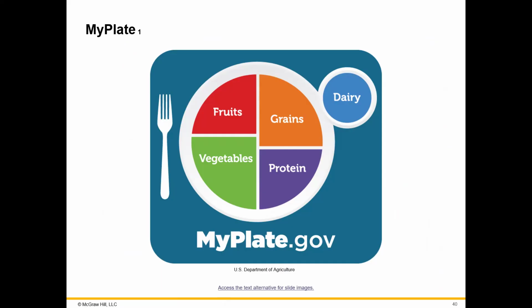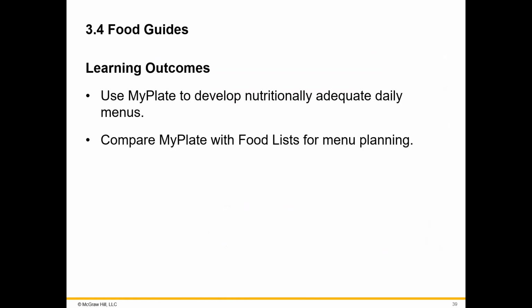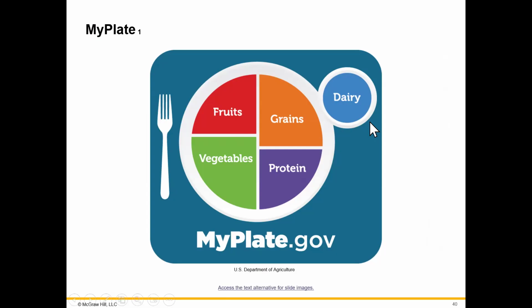It's a simple visual clip art type guide that tries to encompass what the dietary guidelines tell us. So it's a quick way to help people plan nutritious meals without having to read the pages and